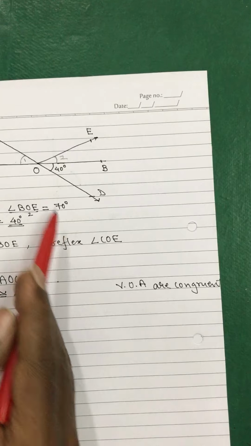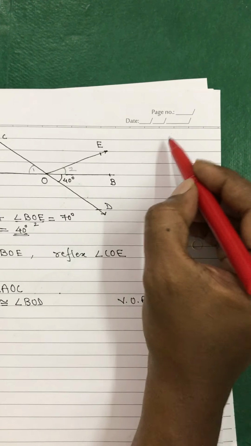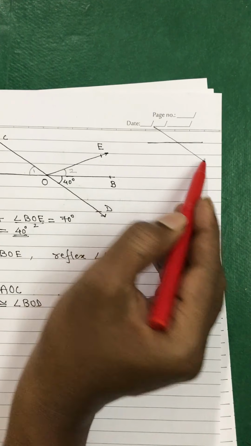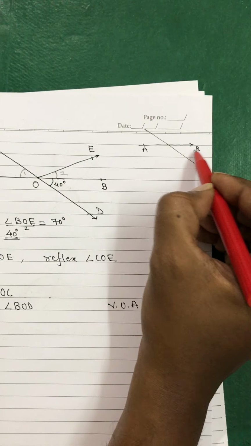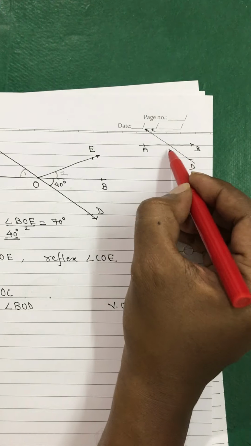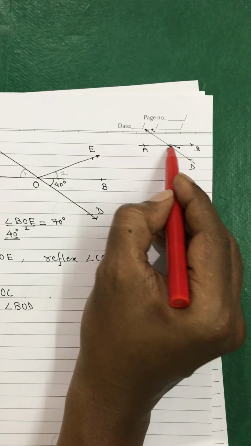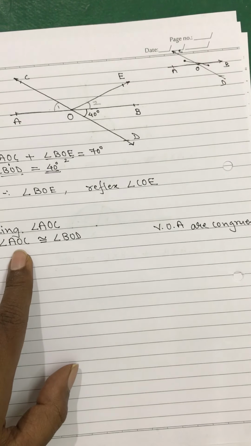If I go to explain this, see, they have given AB is a straight line. I'll read this. AB and CD are the lines. Try to understand this concept every time. This is the condition satisfied. They are straight lines intersecting at point O. Therefore, angle BOD will be definitely congruent to angle AOC. Okay, that's what I am telling. BOD is congruent to angle AOC.